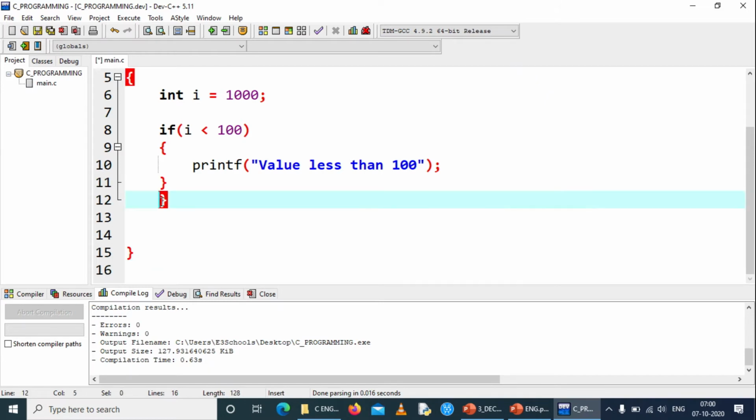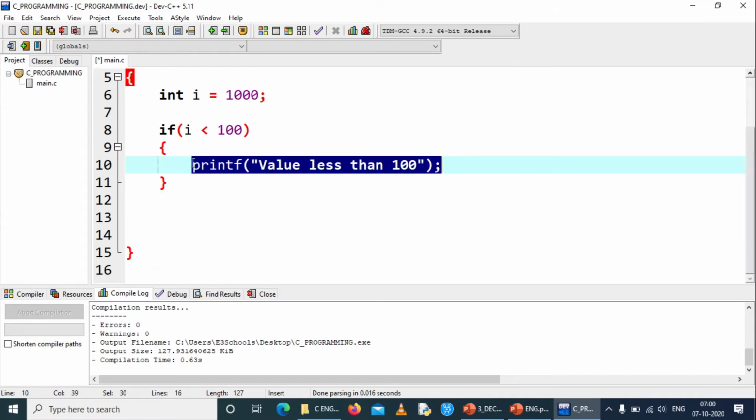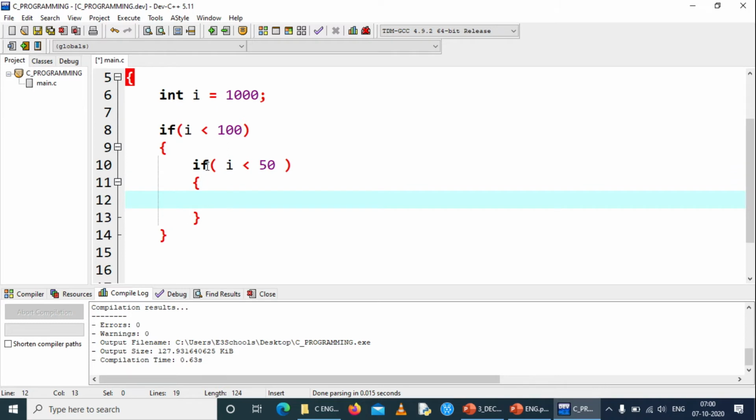So we will remove this else statement. In case the value of I is less than 100, I will check again whether the value of I is less than 50. If I is less than 50, print I value less than 50.